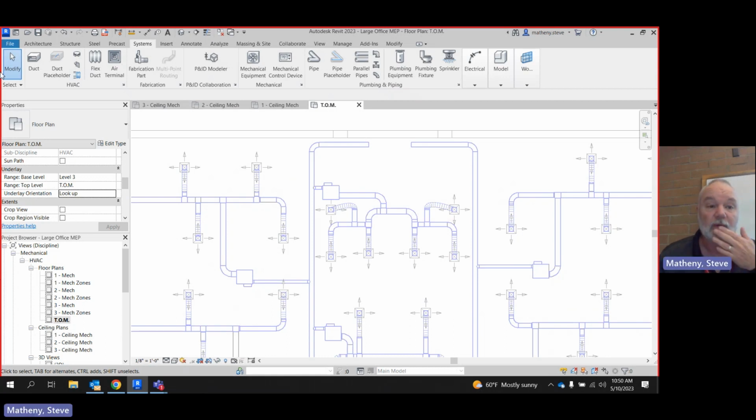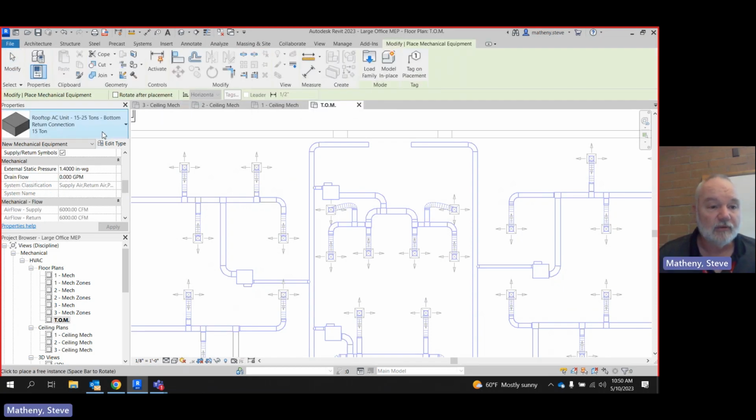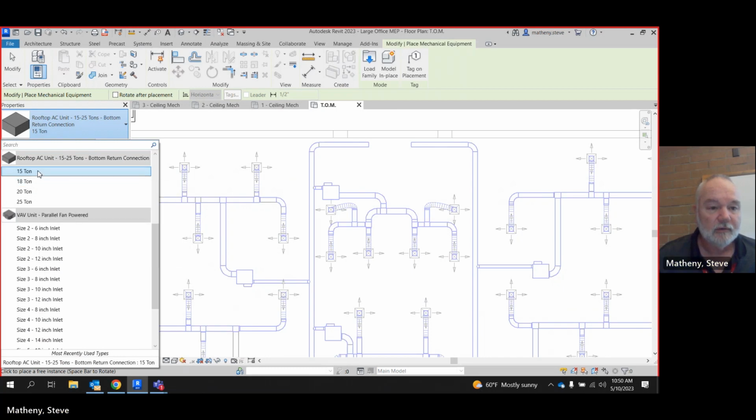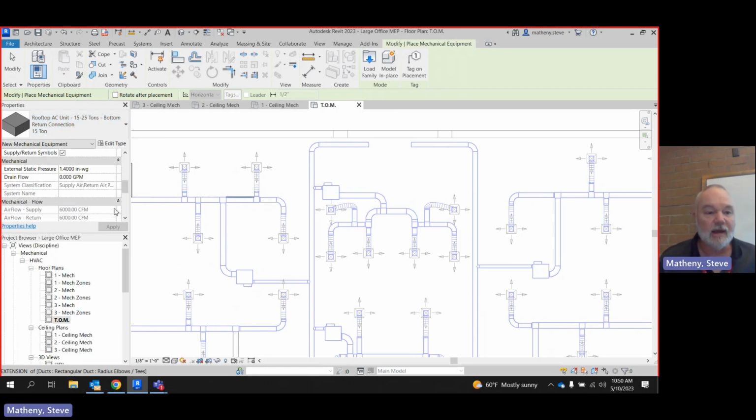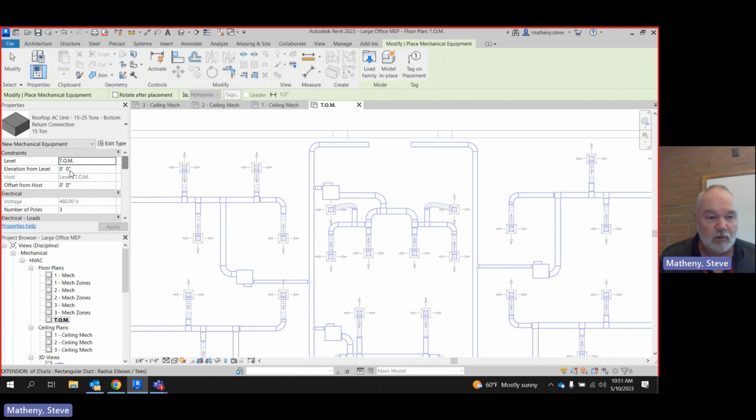All right. So here we go. Watch. I'm going to place mine. Go and click on mechanical equipment. Pick the 15 ton. Move over onto your screen. Now, if you scroll in this properties thing,